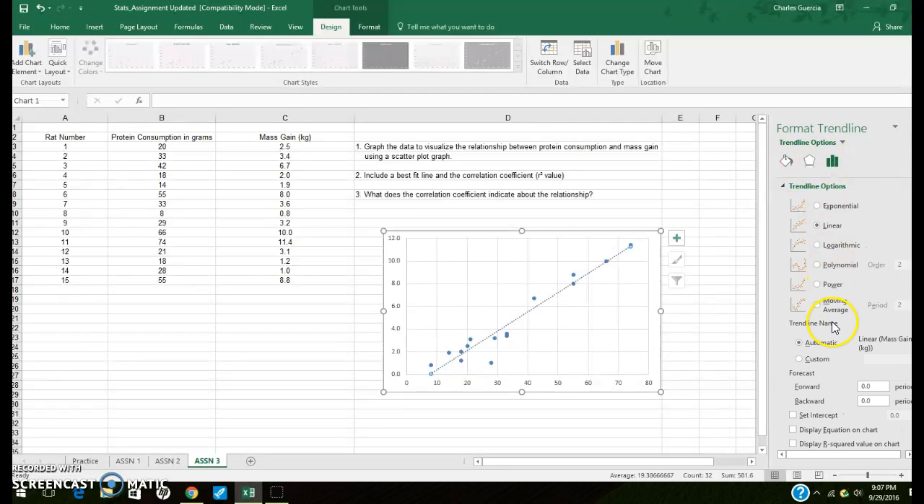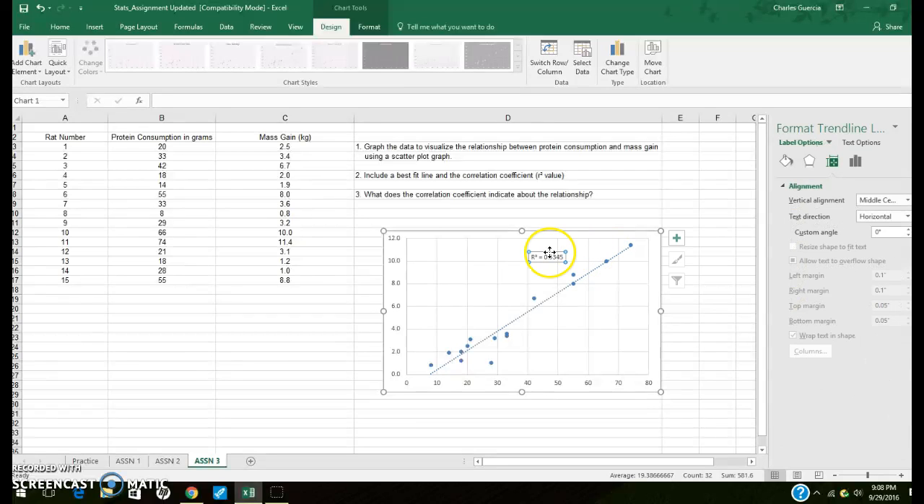So we're at linear, and what we want to do is display, you can display the equation on the graph, and you can also display the R-squared value. Alright, you always want to have at least the R-squared value. If you want to show the equation of the line, you can. Not necessarily completely necessary for your labs, but anytime you run a scatter plot, you want to include your R-squared value, because that's what's going to tell you the strength of